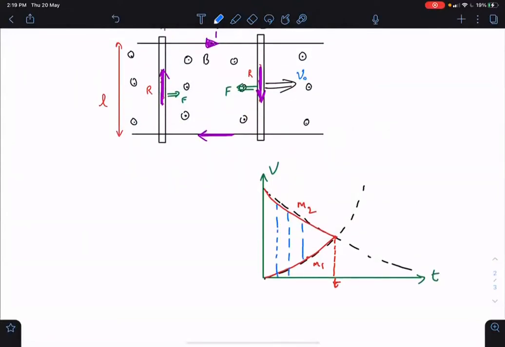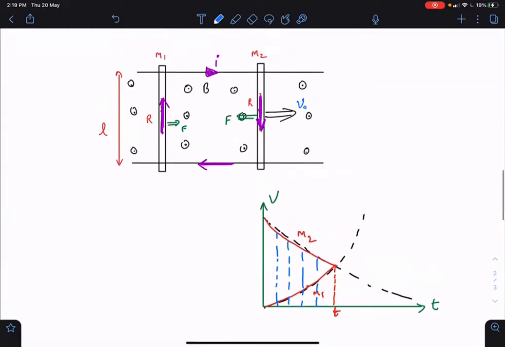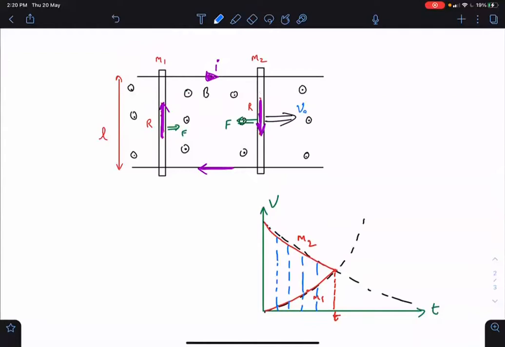So what is happening to the area? Area of the loop is increasing or decreasing, because M2 was having more velocity than M1 before this time T0? Increasing, sir. Area is increasing, so what is the direction of current? Clockwise, sir. So this clockwise current will keep flowing because of the continuous increase in area, and this clockwise current is reducing M2 and increasing M1, and this keeps happening until they get the same velocity.